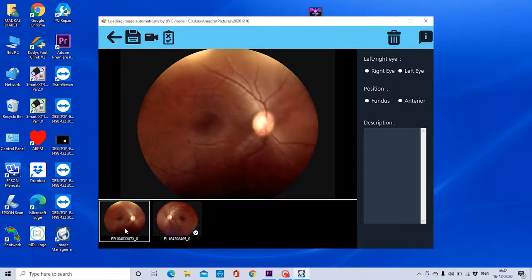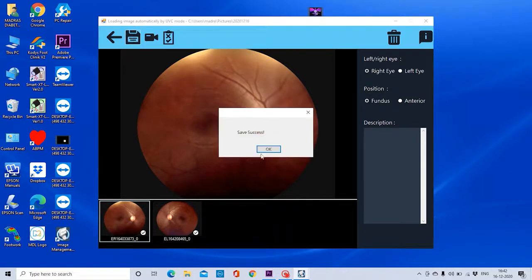First you have to select this right eye and this is fundus. So these both images have a tick mark, which indicates these two images are selected, and you have to click save. To save, success will come and I have to click OK.